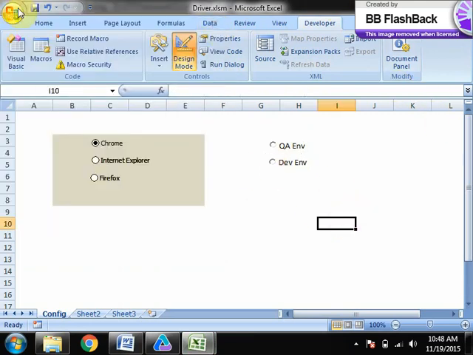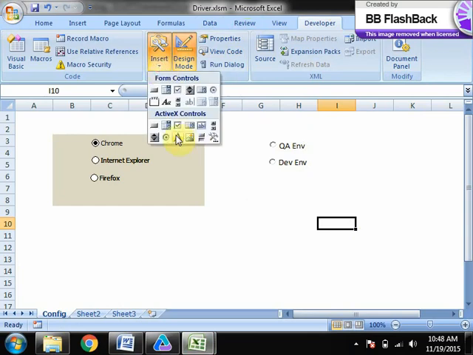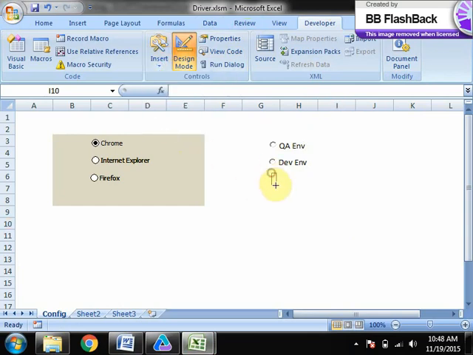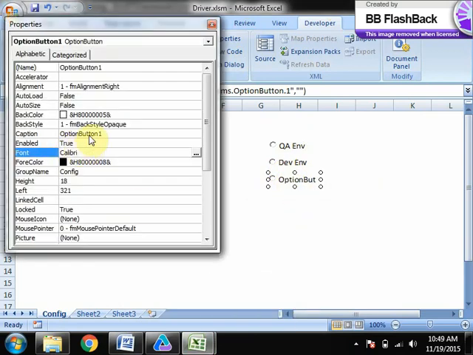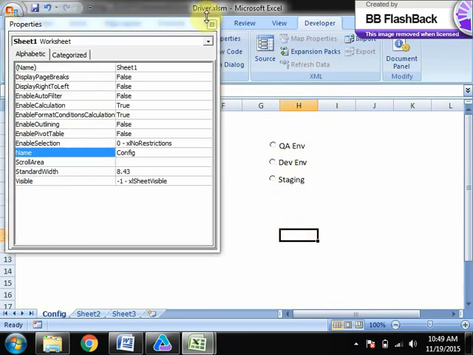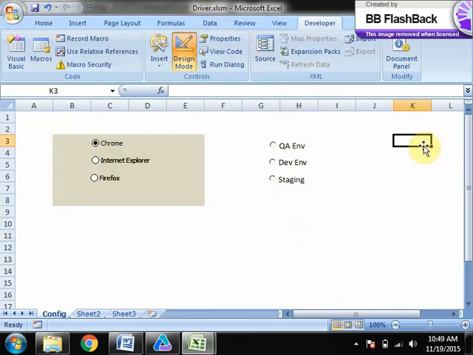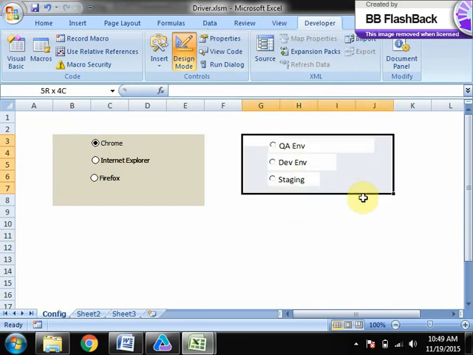Then another one is staging. So I'm just creating another set of radio groups here.